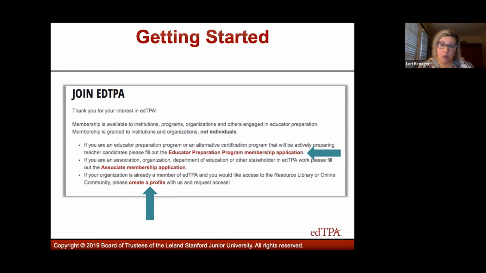Then you might want to give the other people within your induction program the ability to create their own personal profile, and they can do that. The mentors who are working with candidates, maybe other folks in your district, may need that access as well, and they can certainly create a profile themselves. So it's absolutely possible to give membership more broadly.